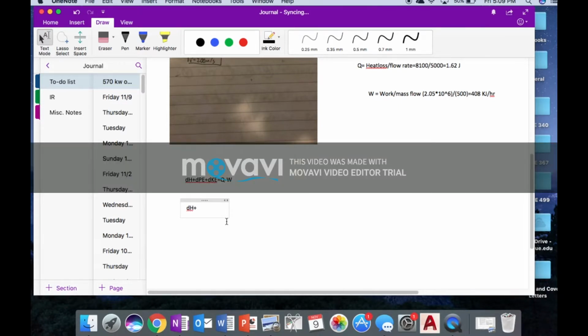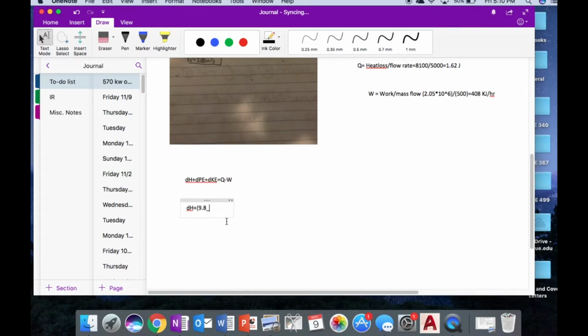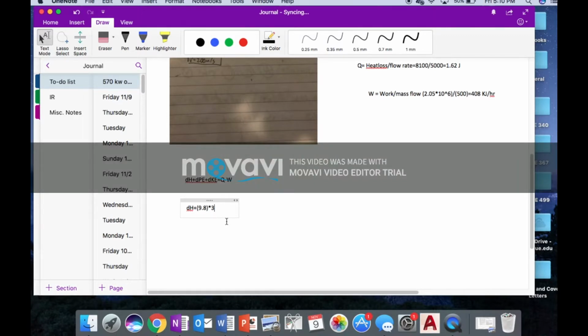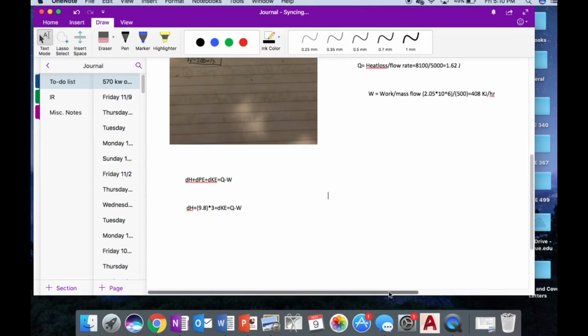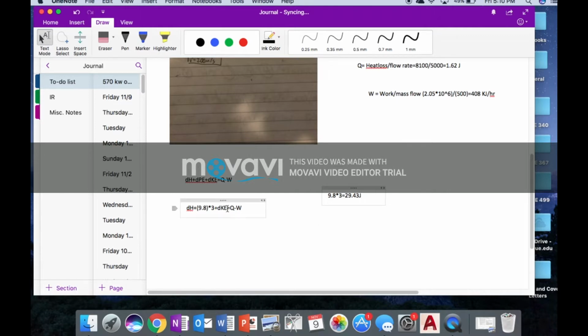So potential energy is just that height drop times the gravity constant. So right here we have 9.8, the gravity constant, times 3 meters. And that comes out to be, well, I'll write this out first. And then that 9.8 times 3 equals around 29.43 joules. Since we have that, I will next go after delta KE, which is the kinetic energy, and we solve